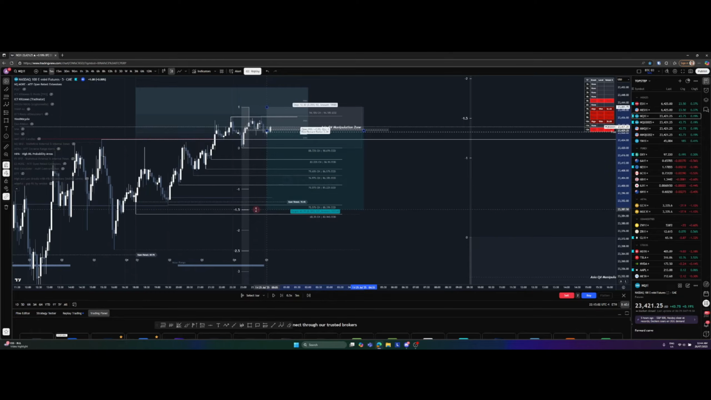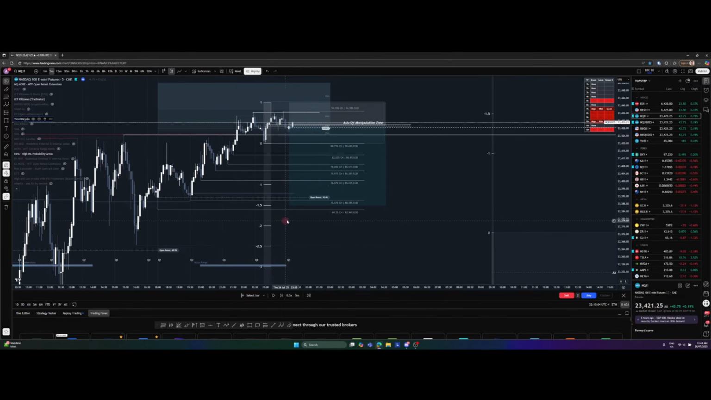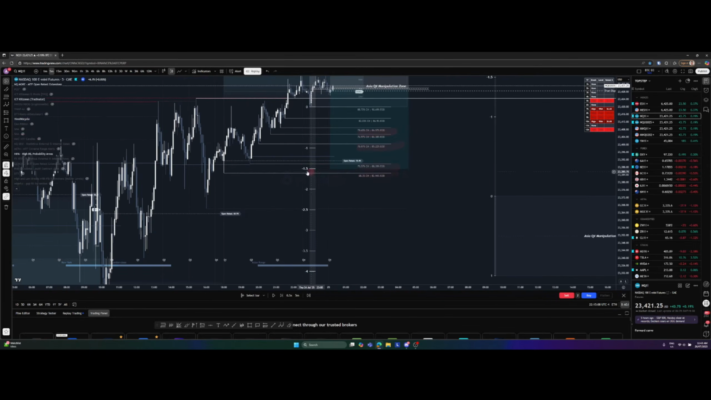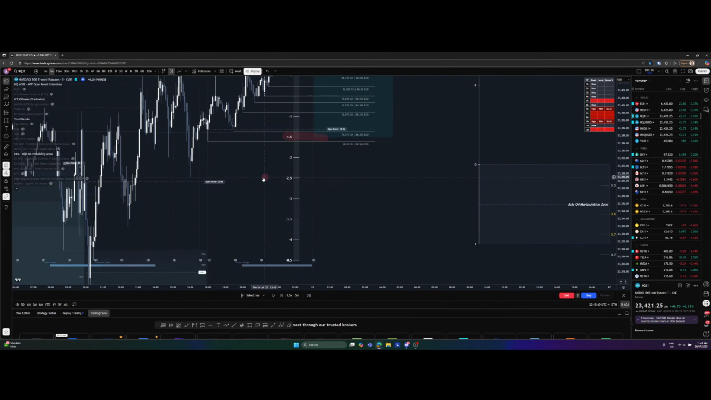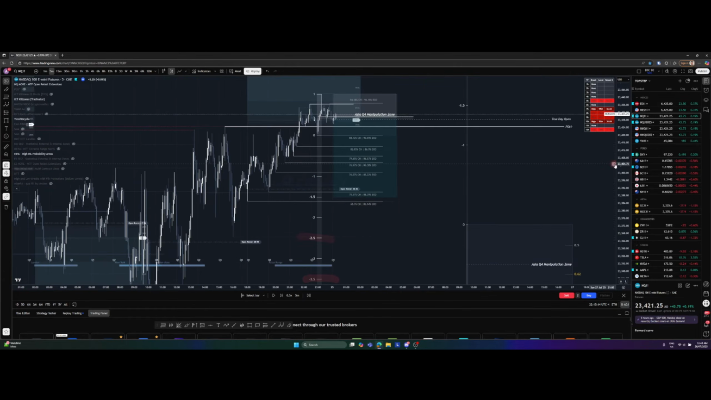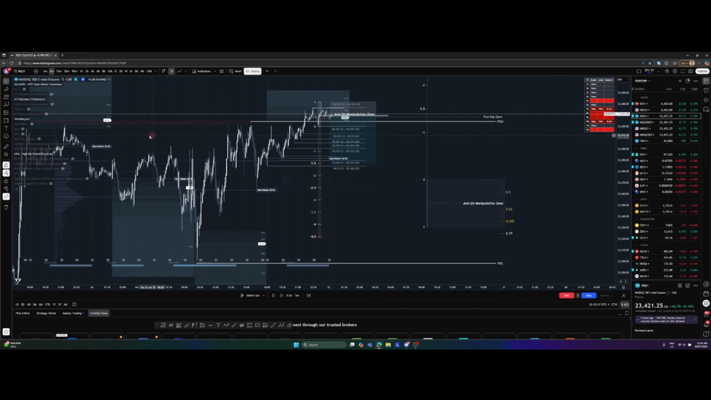And then we're targeting our SD levels that line up with these liquidity levels. So SD 1.5 is really good there. And then we can look at SD 2.5, 3.5, and 4.5. Can also turn on mirror